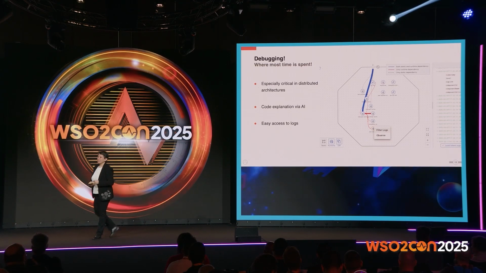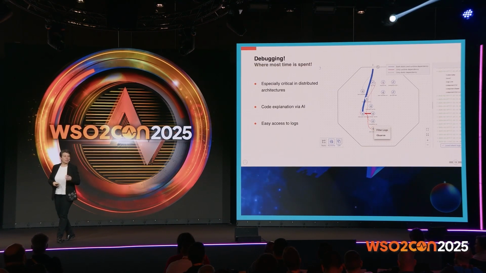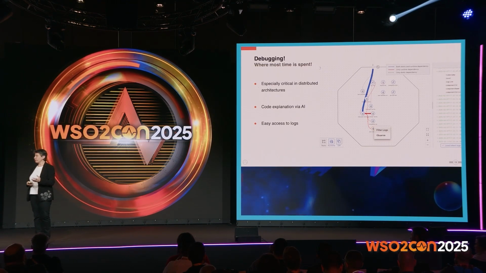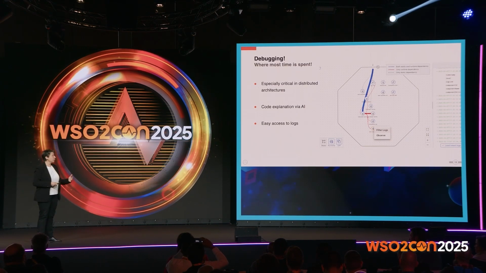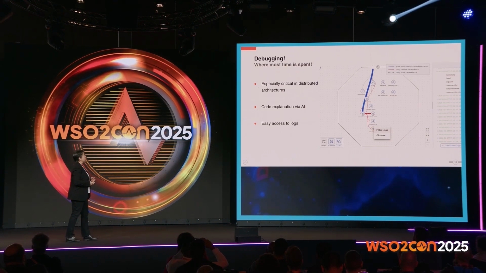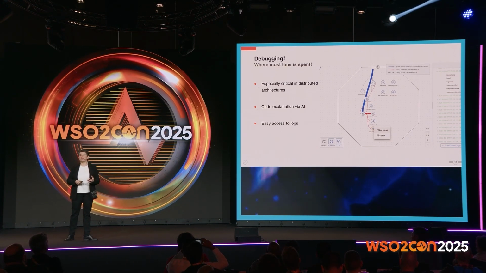So debugging is really where we're spending most of our time. It's not so much about writing the code, where there's a lot of help and we can do this pretty easily. But debugging and understanding is where we spend a lot of time. Now,